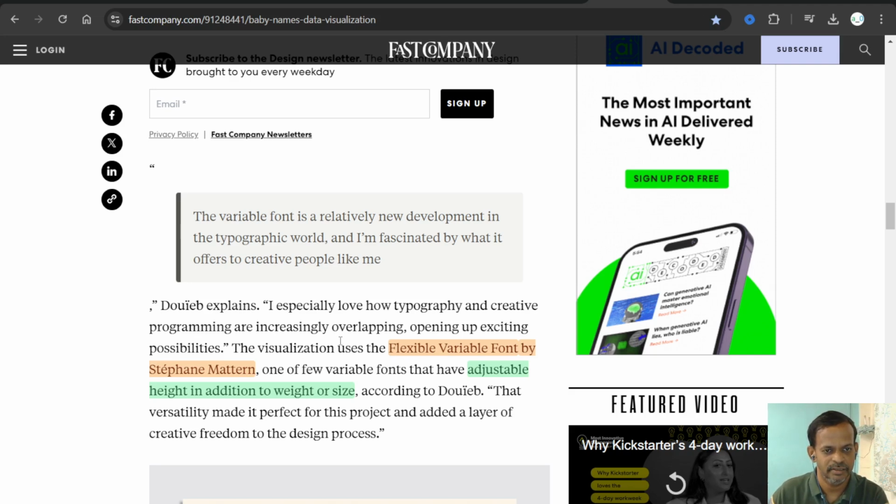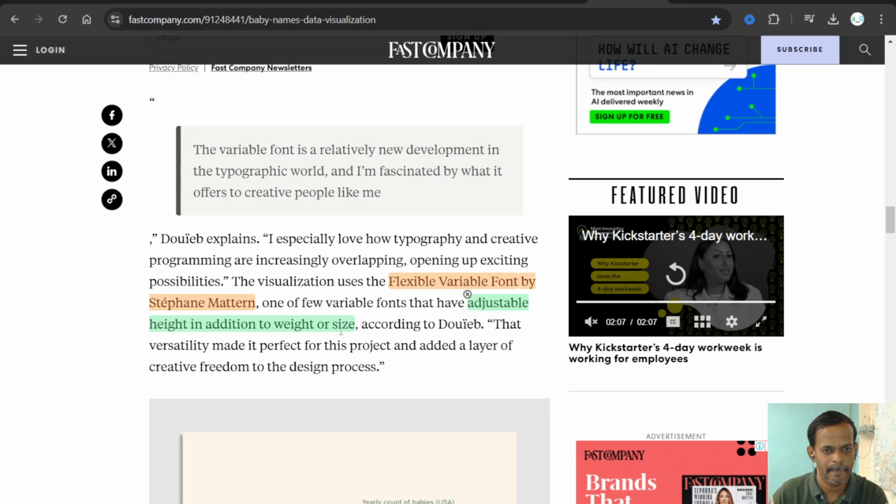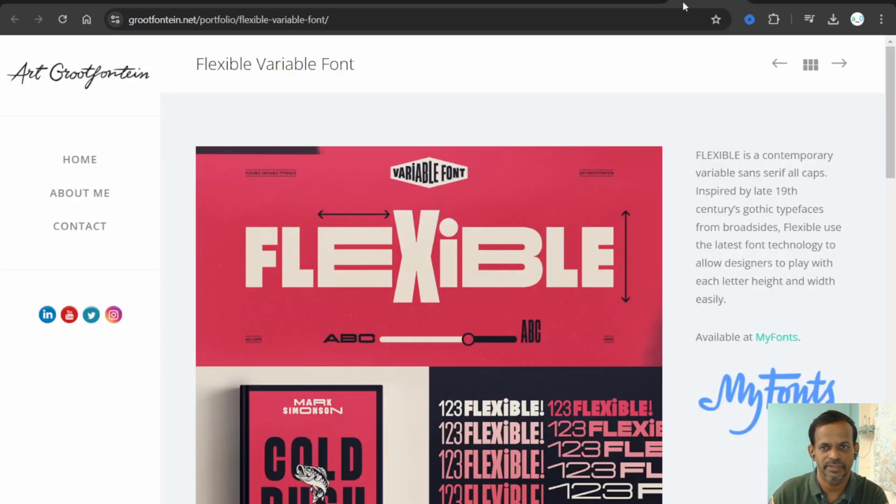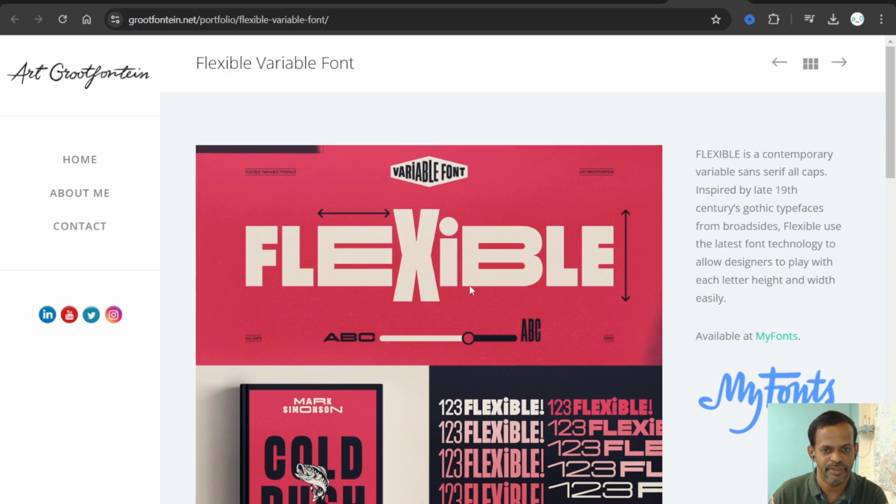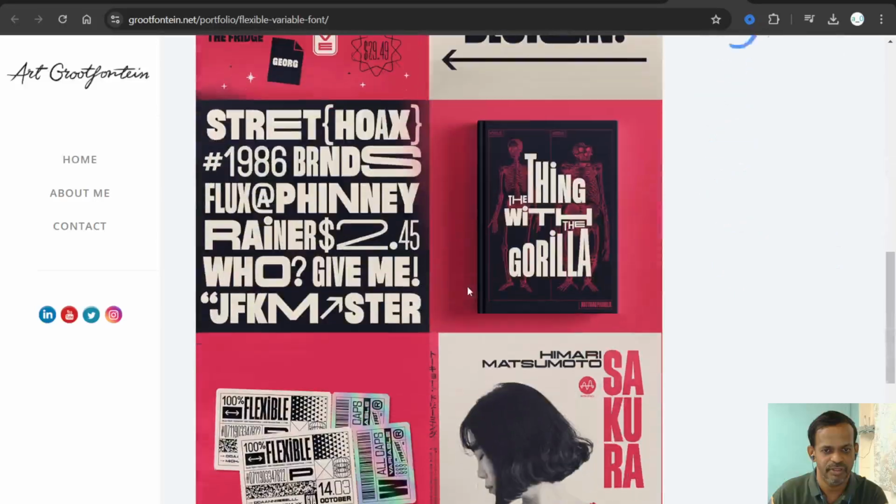The visualization uses the flexible variable font by Stephen Matten. So these are flexible variable fonts from Stephen Matten. We can see we can adjust the height and breadth of that font.